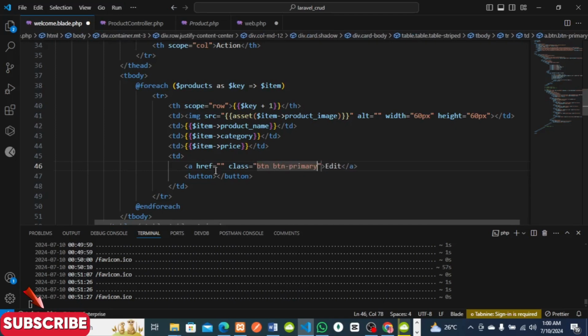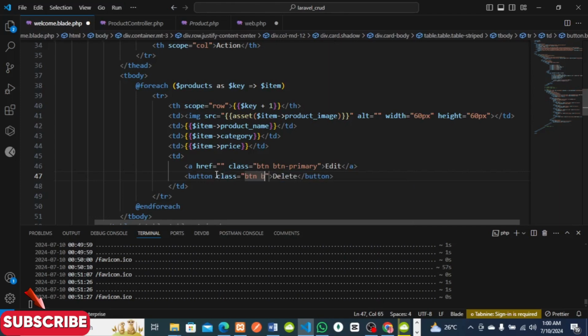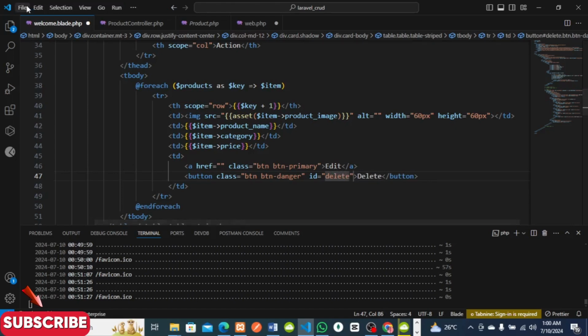Later I'll put a route in it. Then this will be delete. Here I'll give this a class of btn danger. Then give it an ID of delete. Later I'll show you why the ID is very important here. Okay, so let me save my work, save everything,